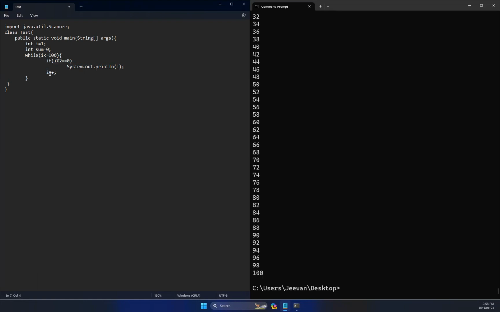Then you can display the I value if you want, and then you can have the sum value: sum plus equals I, and I plus plus. And then finally we will display, after this while loop, total is